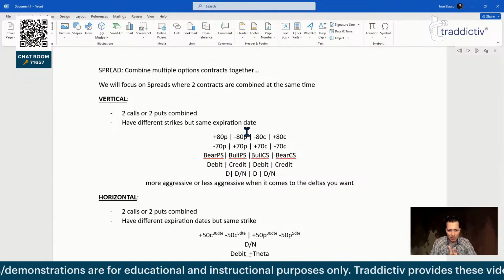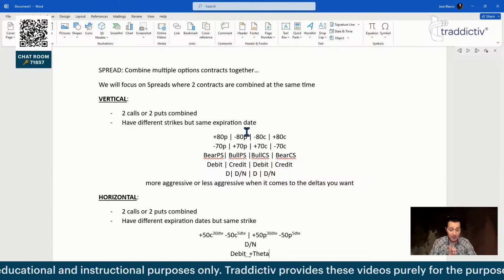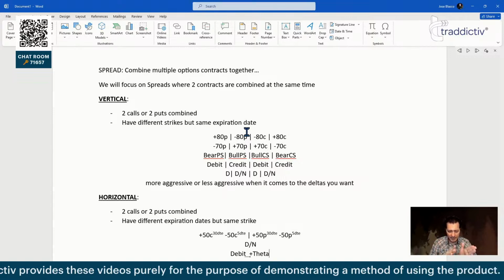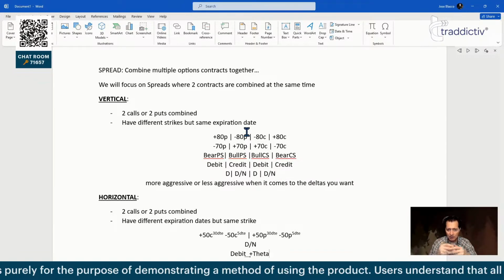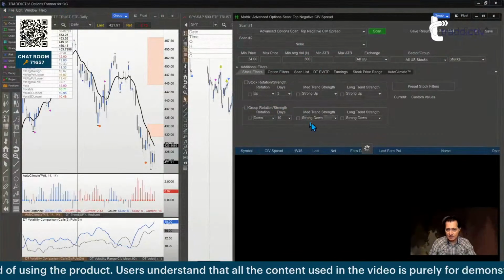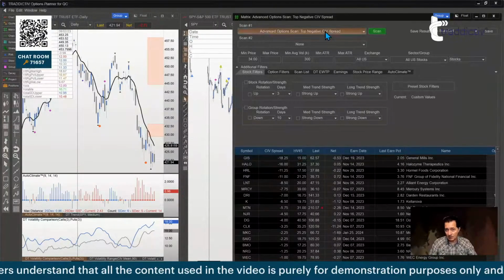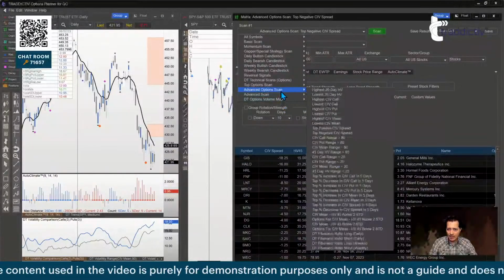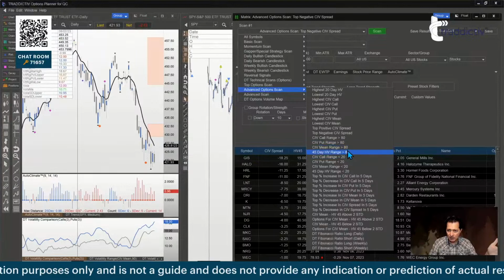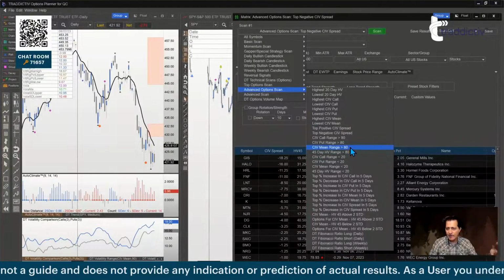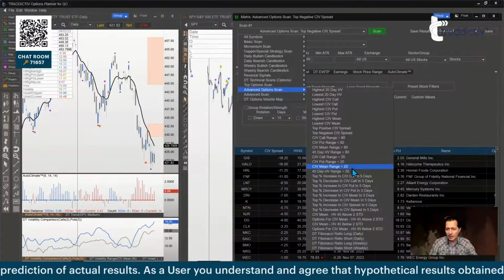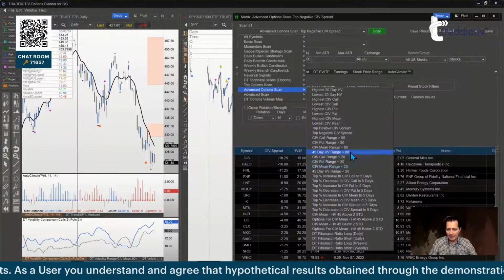As I look at my notes, here I have debit, credit, directional, neutral. So those are the things I have in my mind. So what can I do? Well, when I go find my opportunities, the first thing I need to define, or something that would be very useful to define, is that no matter what I trade, no matter the stock I look at, I'm going to be looking at options that are expensive, CIV mean greater than 80, or options that are cheap, CIV mean less than 20.